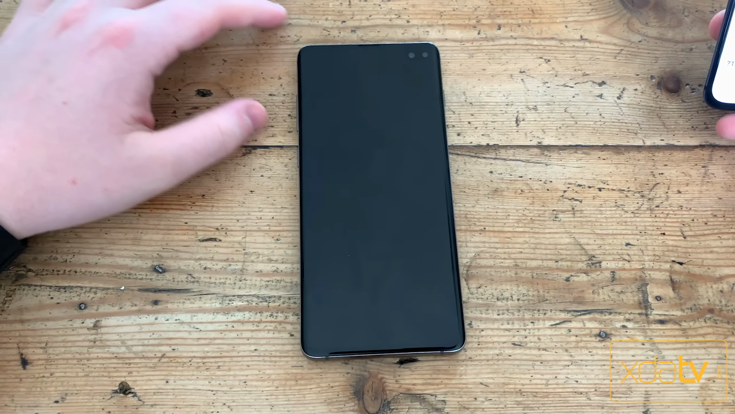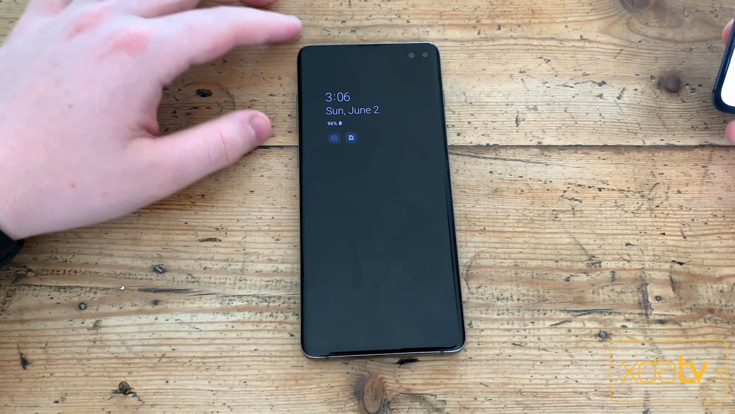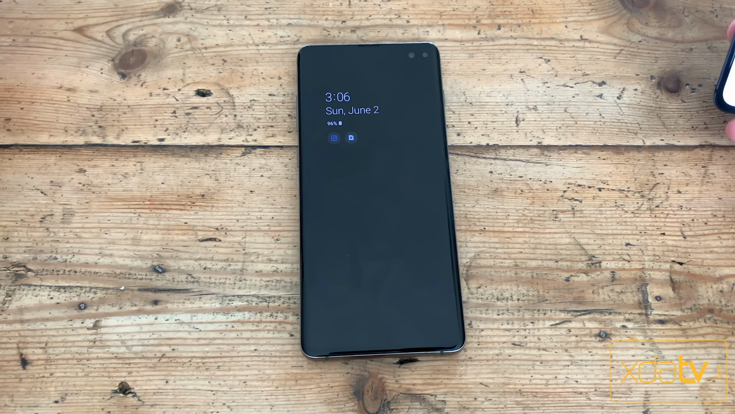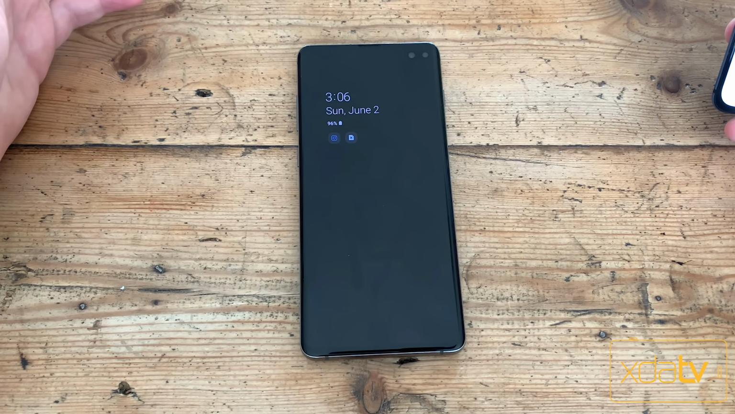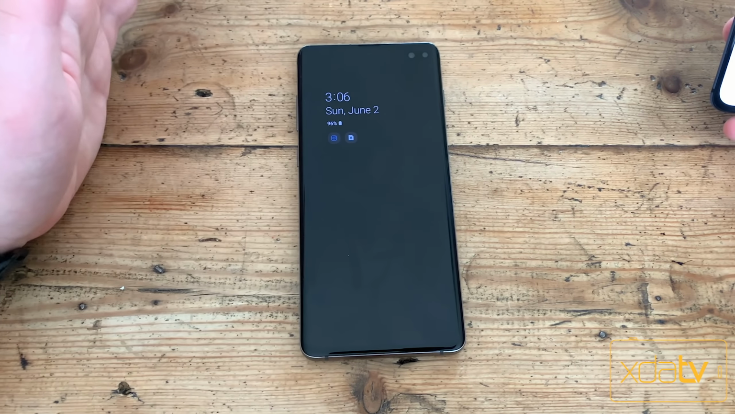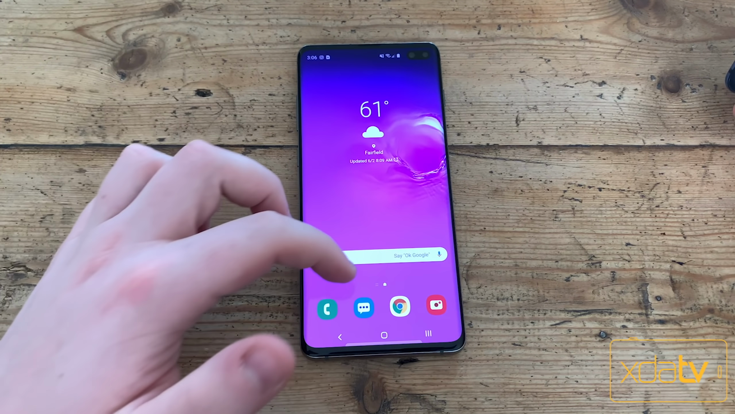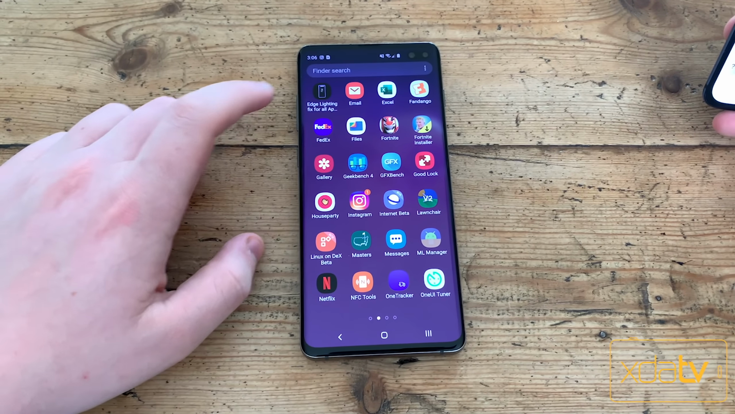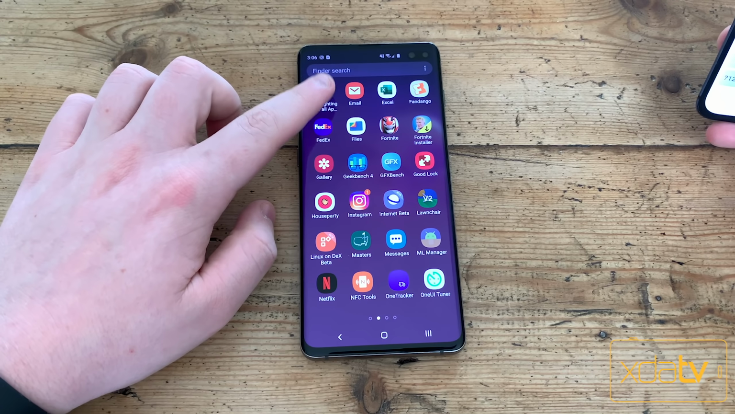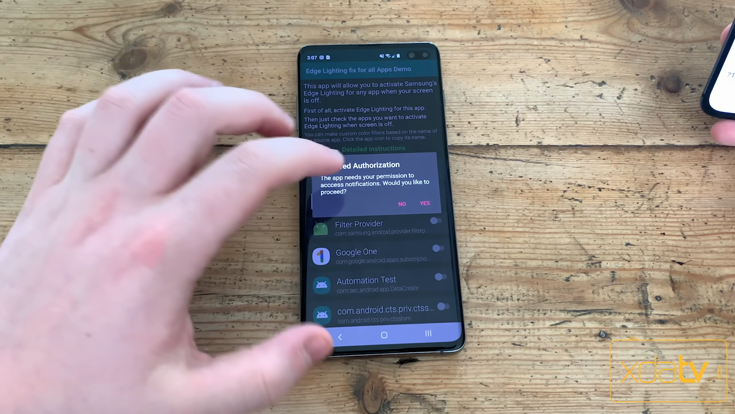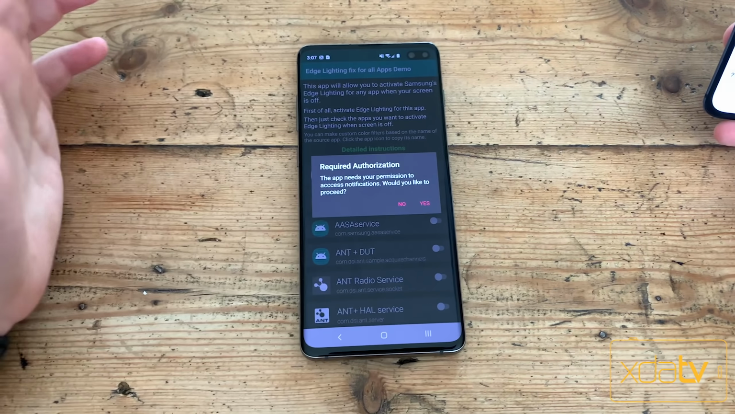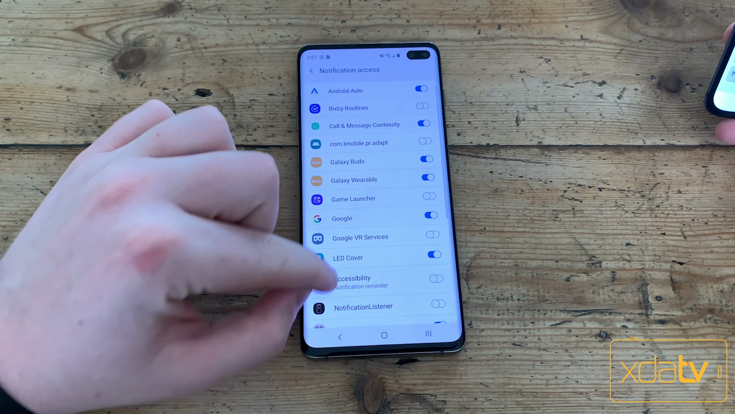Now when I shut off my phone and send that notification again, you can hear my phone vibrates, but there's no edge lighting notification. I don't know why Samsung does this, but they do. So there's an app to fix it. It's called Edge Lighting Fix for All Apps Demo. It's super easy. You allow its access to your notifications,